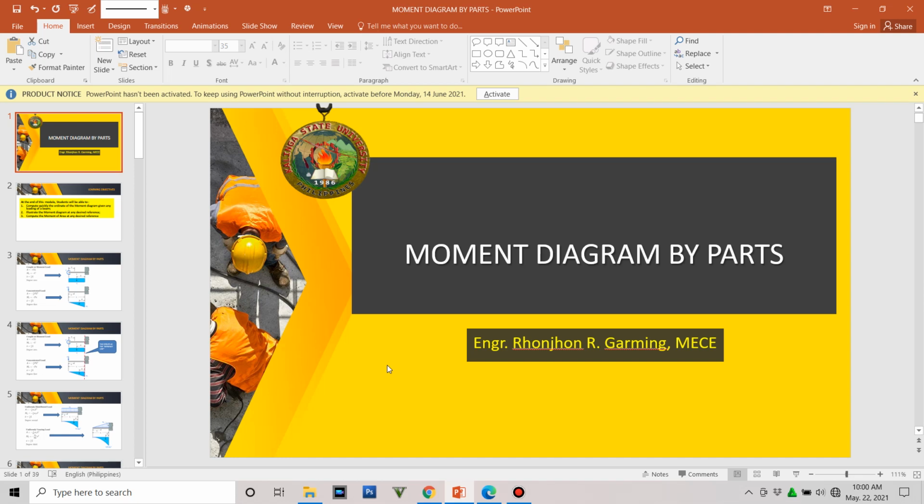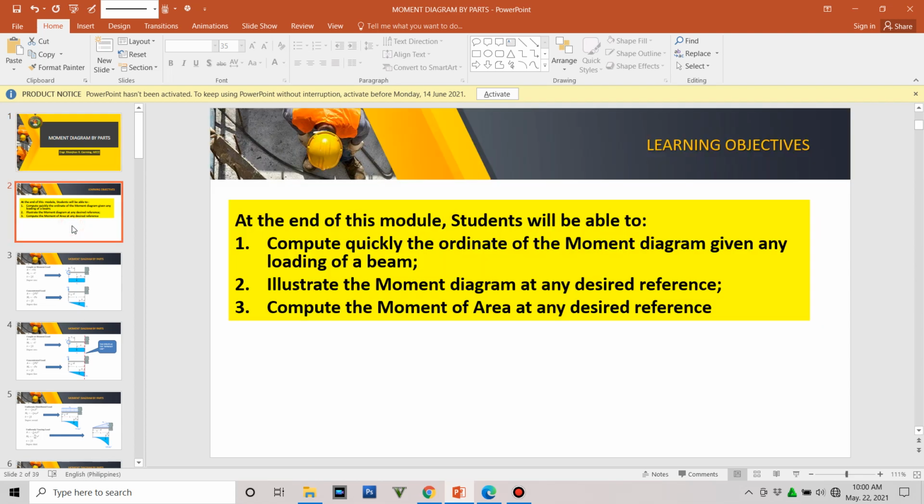In this concept, we do not need to establish the moment diagram from the shear diagram. We can go directly to the moment diagram. As for our learning objectives, number 1, compute quickly the ordinate of the moment diagram given any loading of